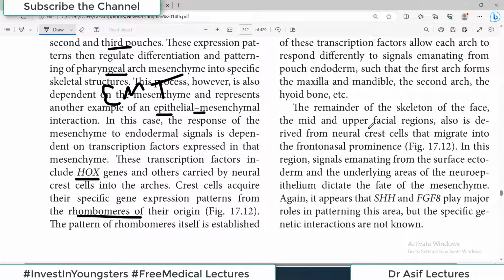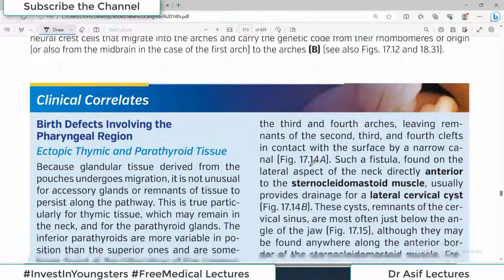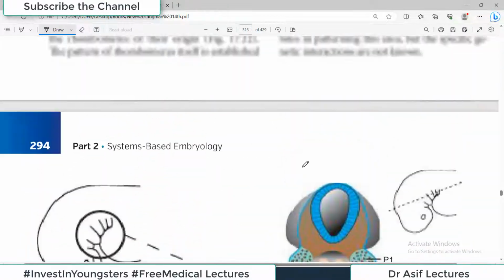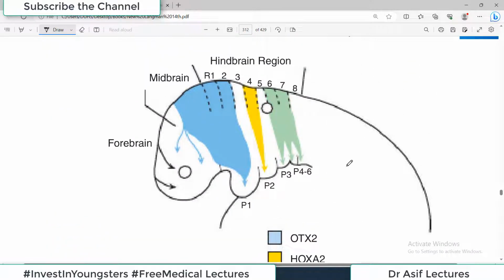The remainder of the skeleton of the face, the mid and the upper facial regions, well, again, two names that you have to remember in face development: Sonic hedgehog and FGF8. इससे ज़्यादा हमें पता नहीं है, चूंकि इससे ज़्यादा हमें क्लैरिटी नहीं है, तो इससे ज़्यादा हम एक्सप्लेन कर भी नहीं सकते।